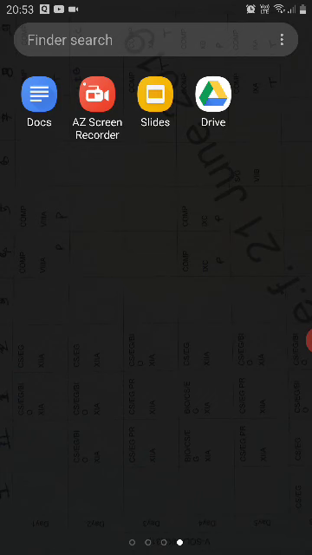Even if you want to create a few short notes, or your study material, like we used to do in a Word document, and you want to share in terms of PDF, this is the better option. Through Google Docs you can create a PDF very easily. So I will demonstrate that as well.